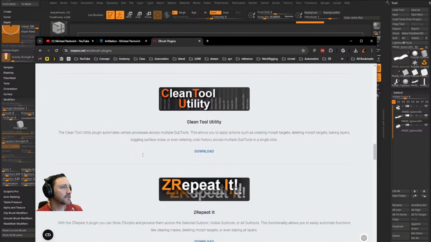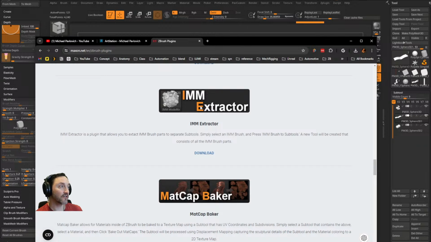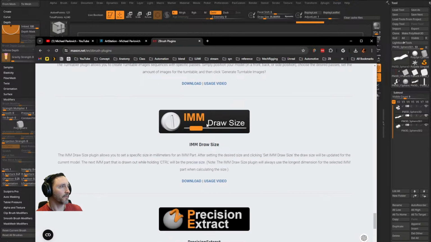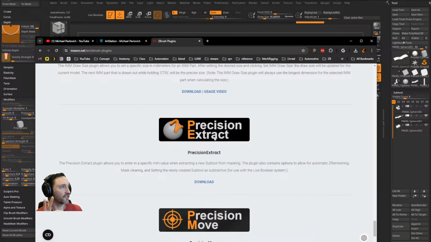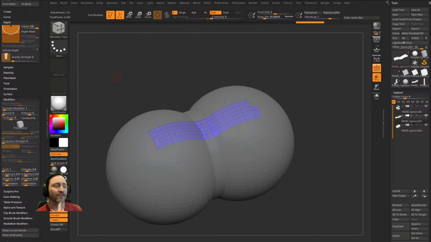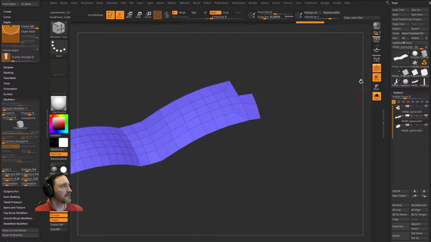There's IMM extractors that do... no, not that one. IMM draw size to millimeters, precision extract to millimeters. You can download those plugins, but as far as extruding,